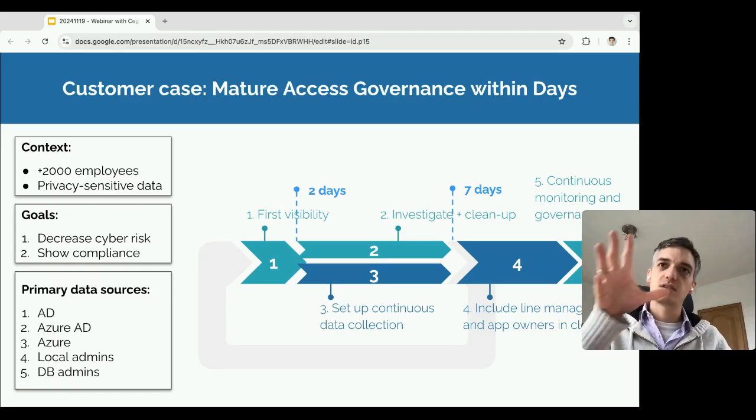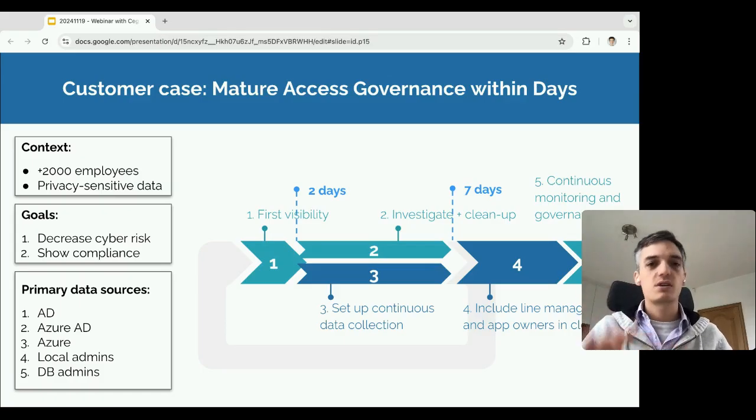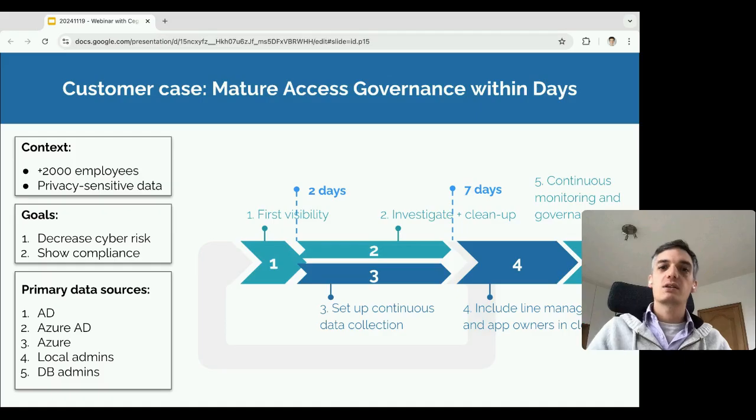And typically in the first phase, like shown here on the slide, the 2 days there, that's for the top 5 applications. And typically 4 out of 5 is covered with out-of-the-box connectors. So you get really fast into that first visibility so that your security team can then start investigating and cleaning up. And to guide you towards risks,